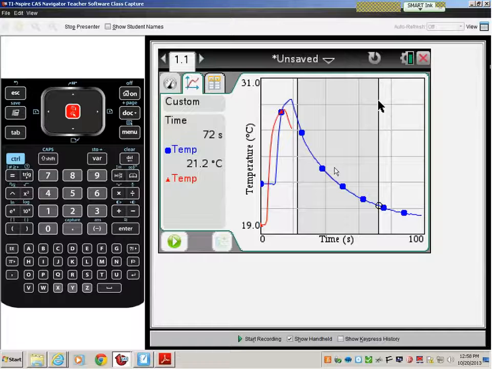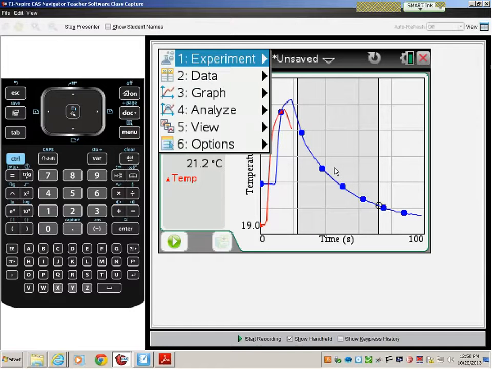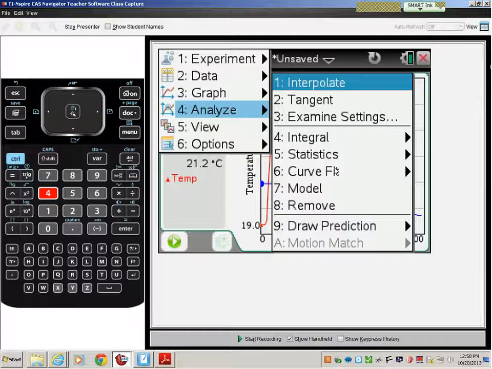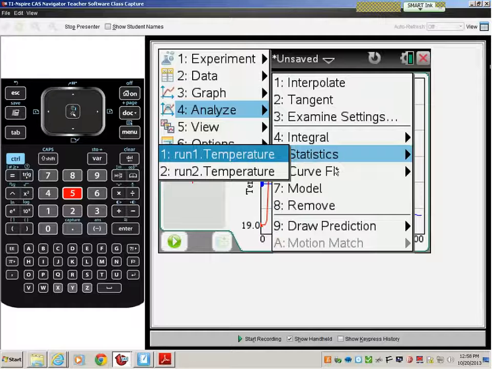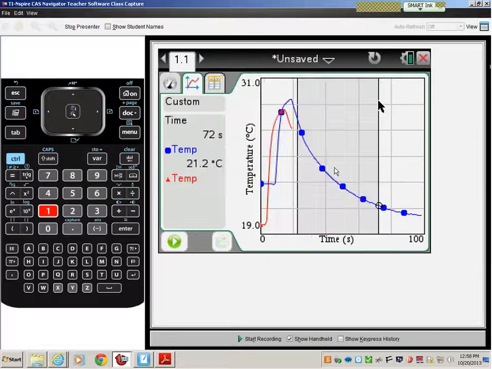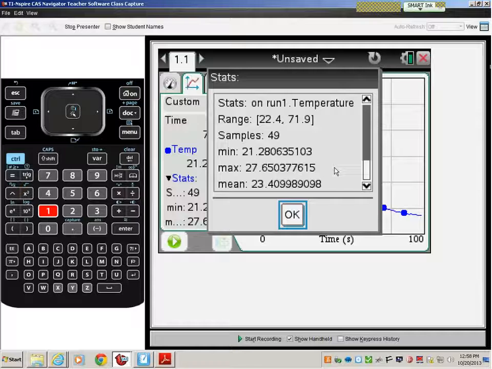Now, once I've selected it, and I go back to the menu, and I go back to Analyze, and I say I want to do a curve fit, like number 6, then it's only looking at that area. Or if I said I want to do statistics, number 5, it's only looking at that area. Okay? So if I would do statistics number 5, it wants to know which run. I want to do run number 1, so I'm going to select number 1. Then the statistics it does is it says, hey, in that window you just gave me, the minimum value was, the maximum value was, the average value was. And so this information, if I just say okay and get this window closed,